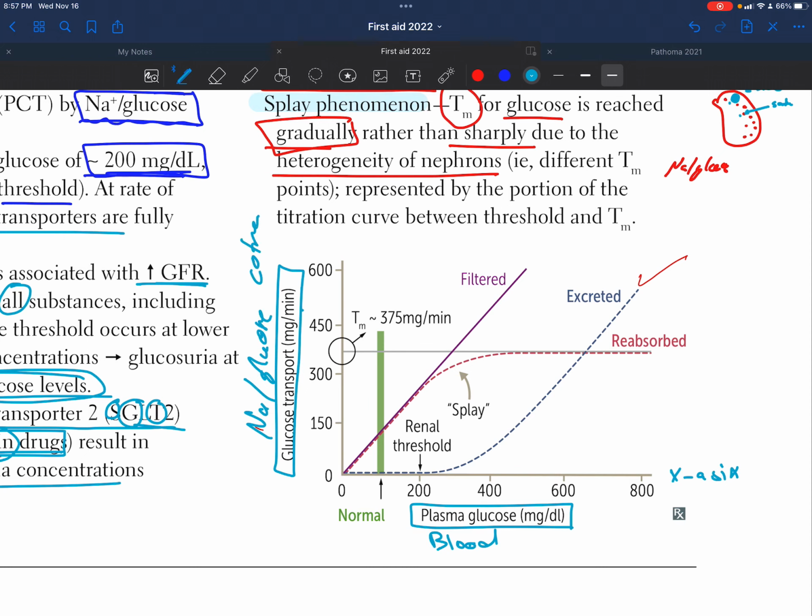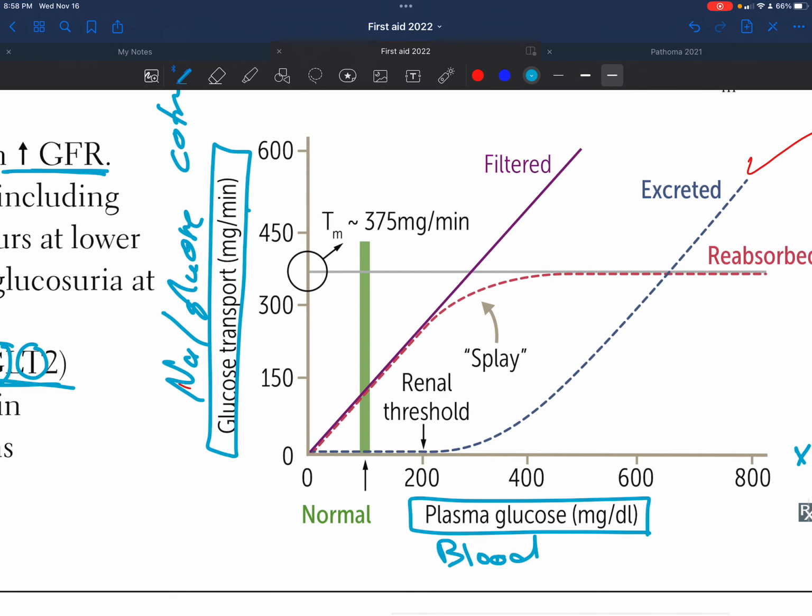Okay, so what we see over here is that under normal conditions, when the patient's glucose level is between 60 and 120, so it's normal, not 200 yet, it's just normal,